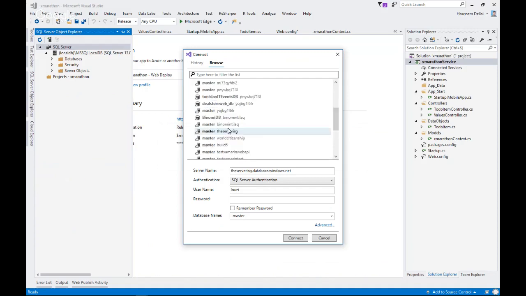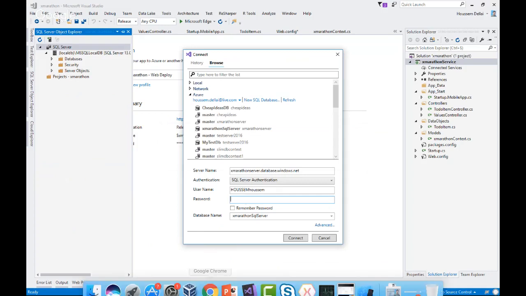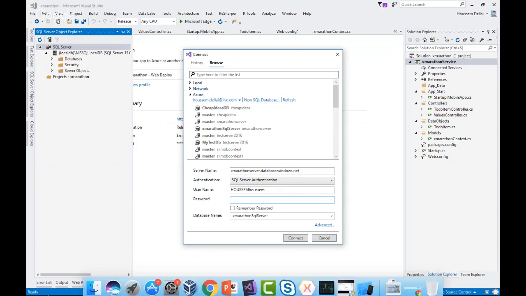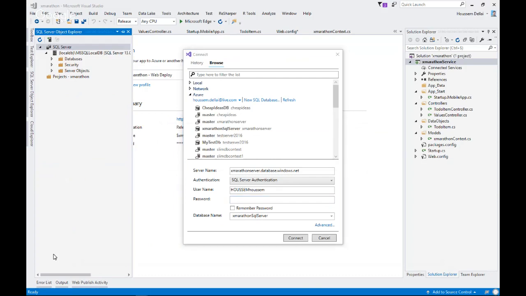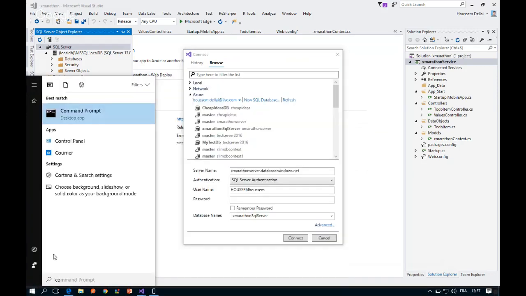Instead, the password that it is asking for us here, you can find it inside the publish settings file. So if I select my database, and to get the password, I need to go to the publish settings. And if I open that publish settings using VS Code, for example,